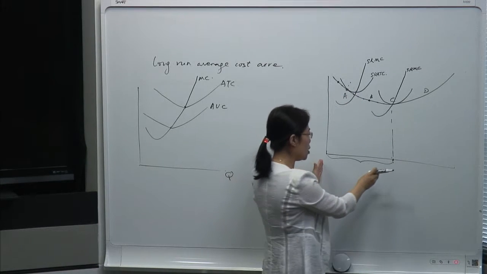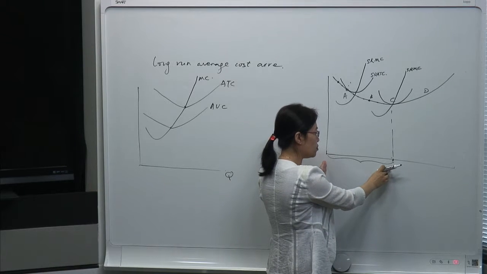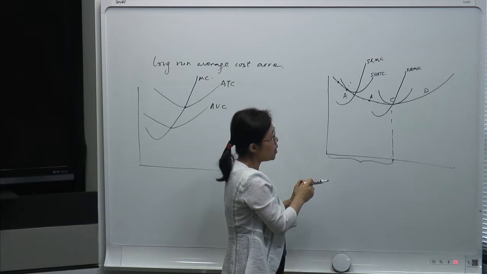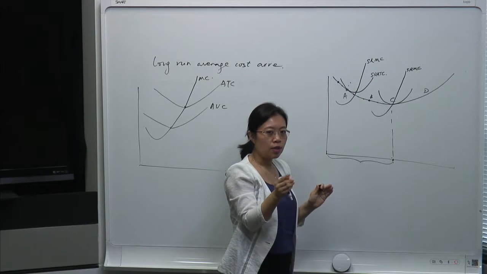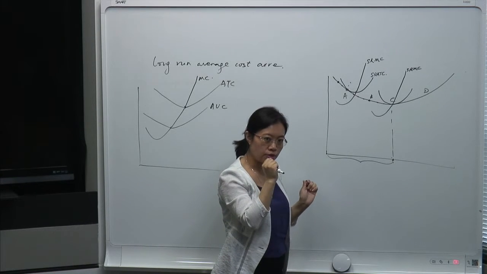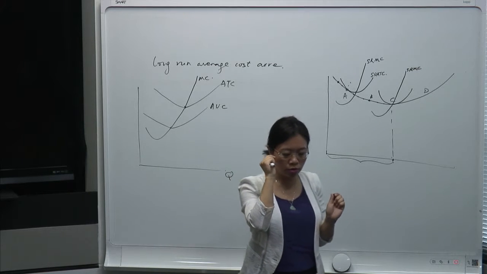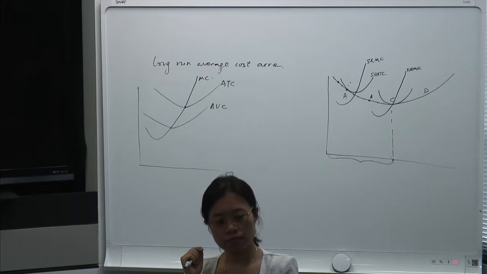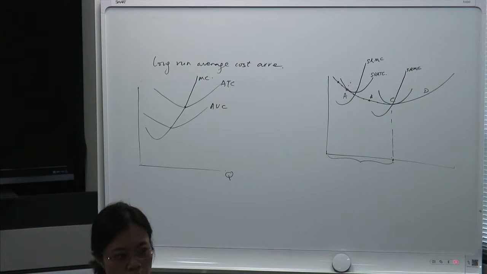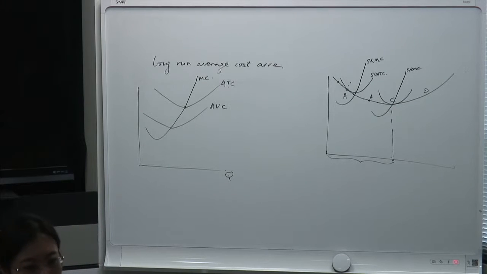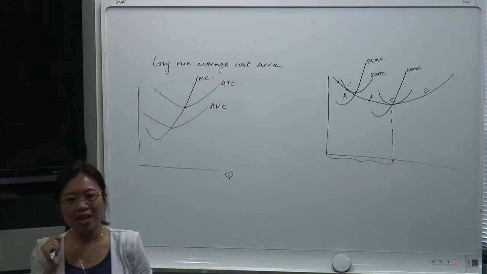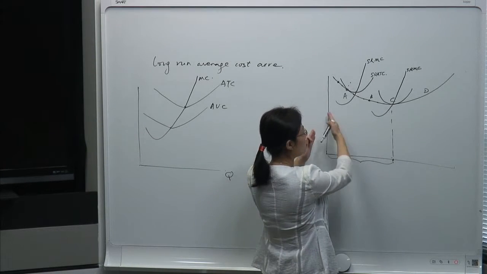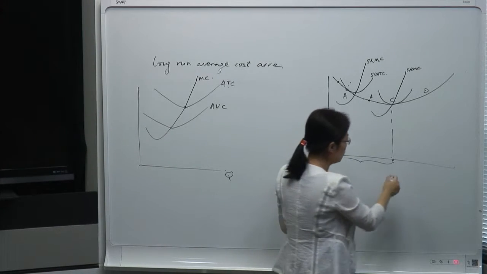So if the firm is choosing the scale here, which means it's still not too big yet, then every time they increase the scale, they are experiencing a lower average cost. Is this good news or bad news for the firm? A lower average cost per unit of production. It's good news. So the firm is benefiting from a larger scale every time they increase it, if they're located in this range. But what's happening here?